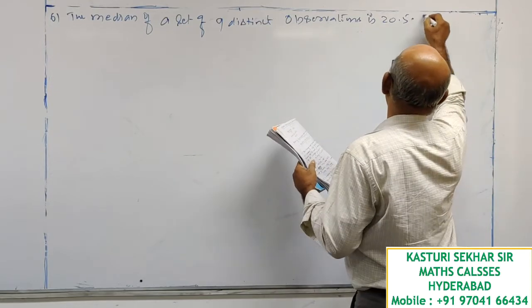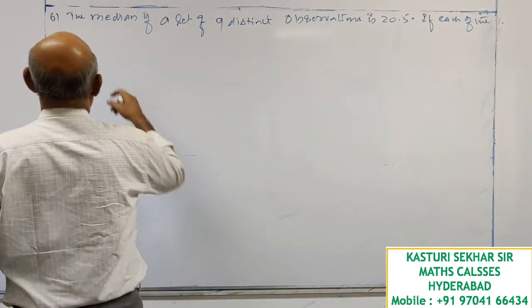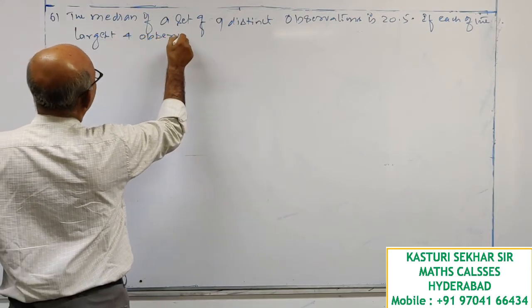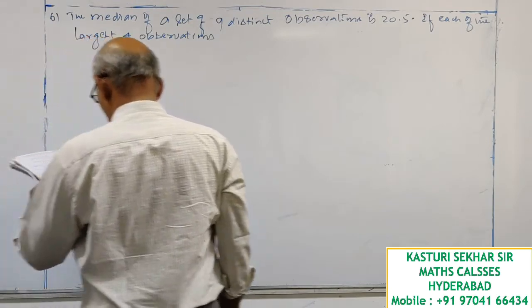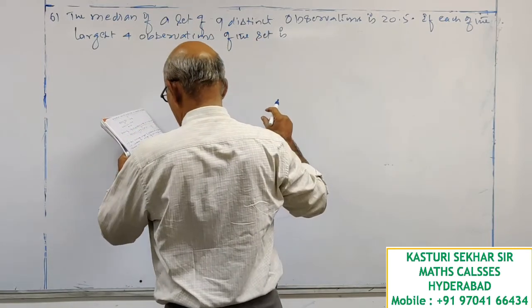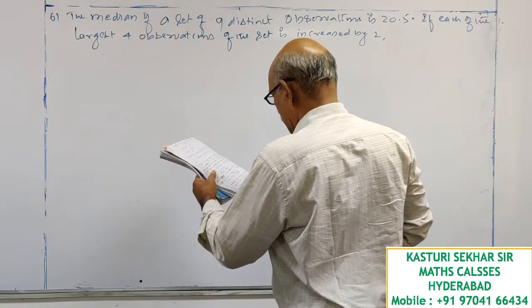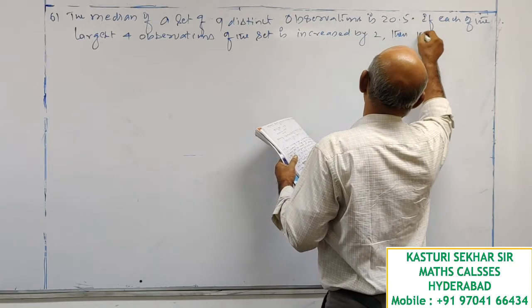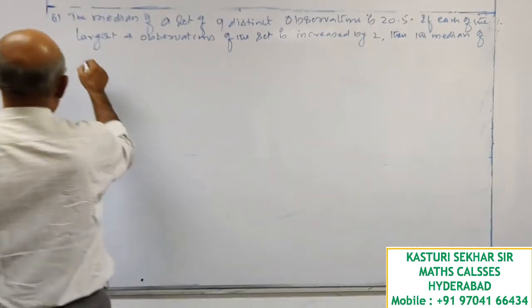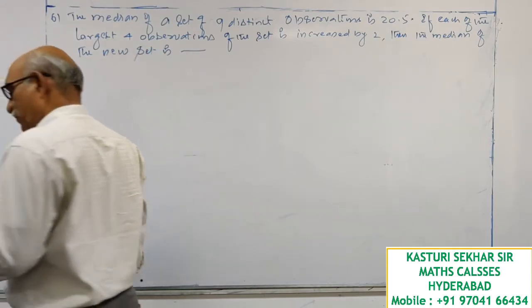If each of the largest 4 observations of the set is increased by 2, then the median of the new set is...